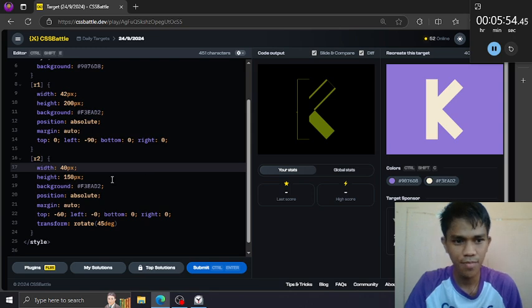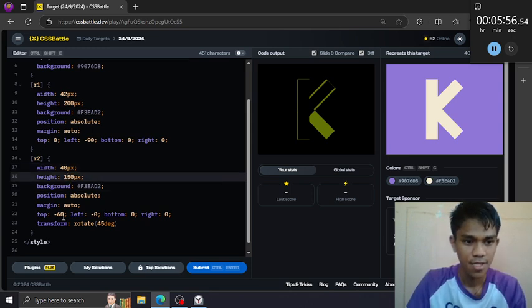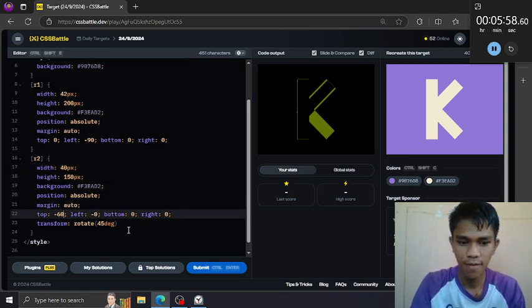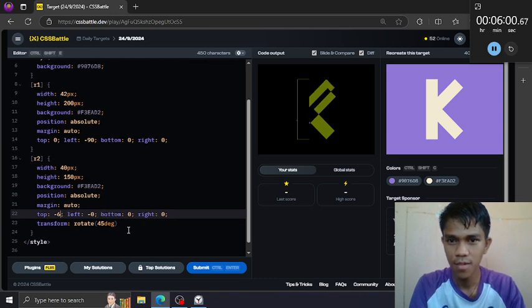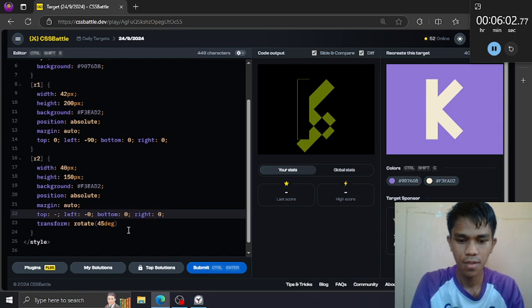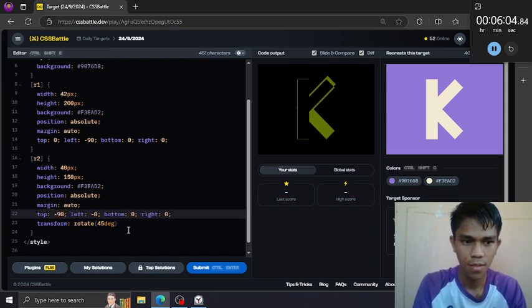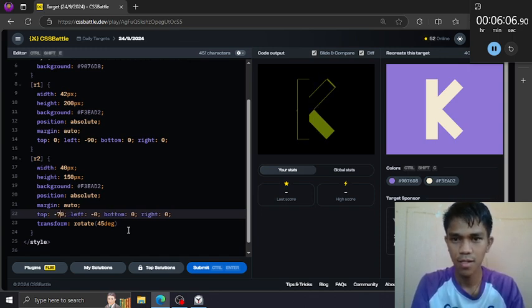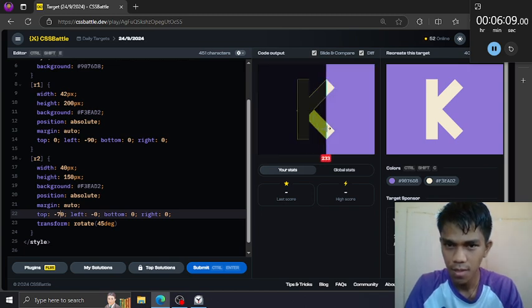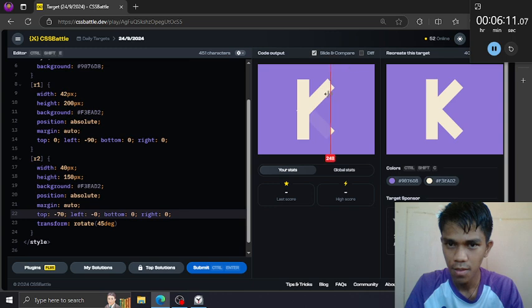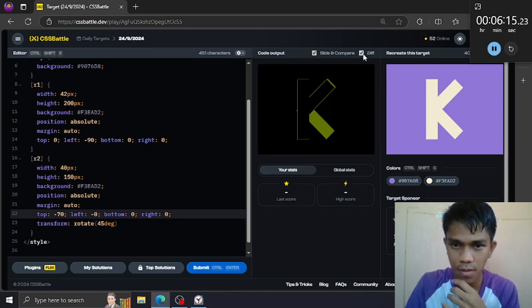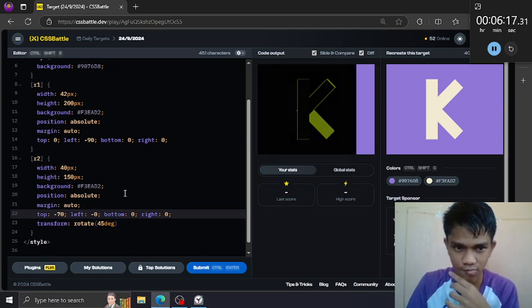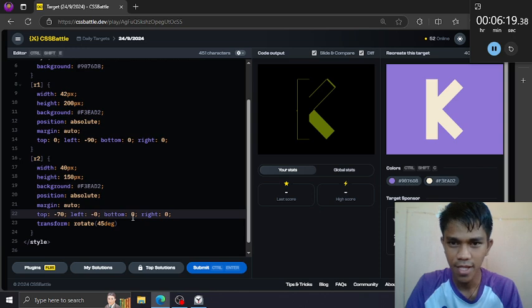Move this to the top. 65. 70. Move this by 10 pixels to the left.